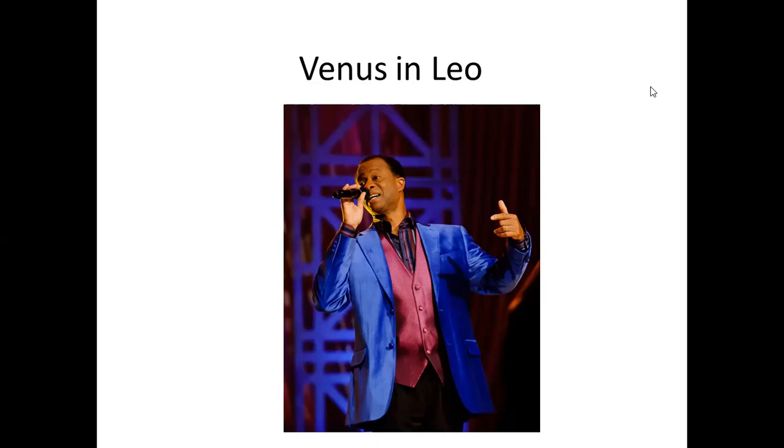Women with this position wish to be noticed by others, to be admired and appreciated. Sometimes they are prima donnas. Often they compete for the center of attention at social gatherings. Because of their ability to dramatize emotion, people with this position of Venus make good actors and actresses. They have a keen love of art, with a vivid color sense and ability in painting, sculpture, and other artistic